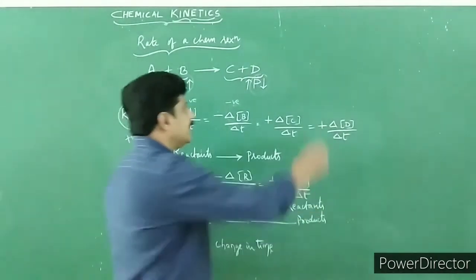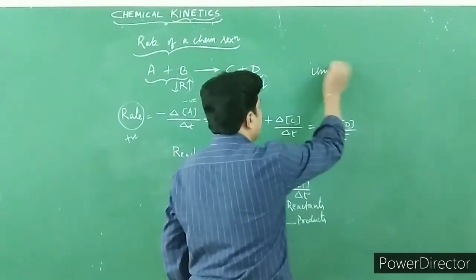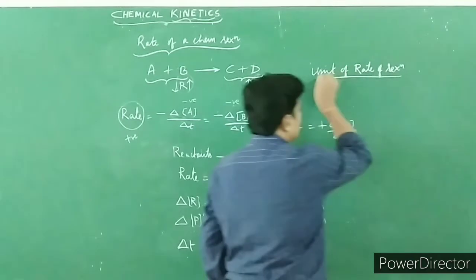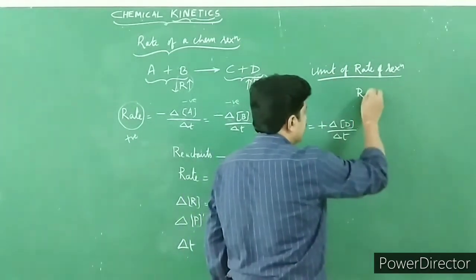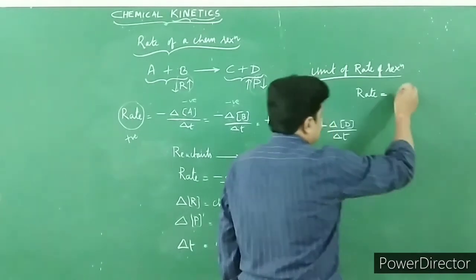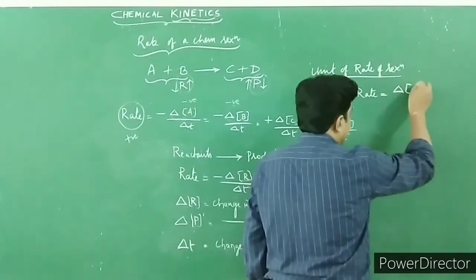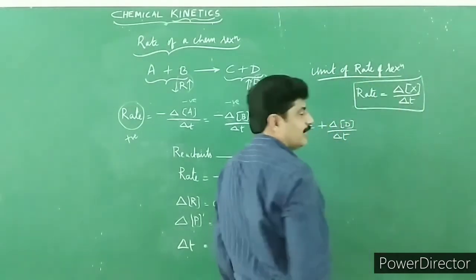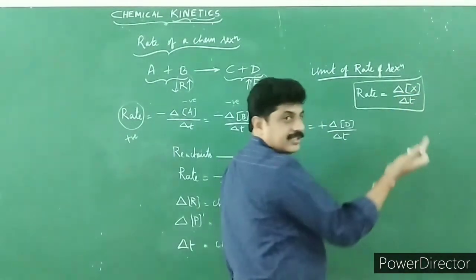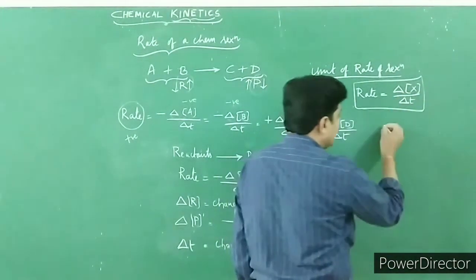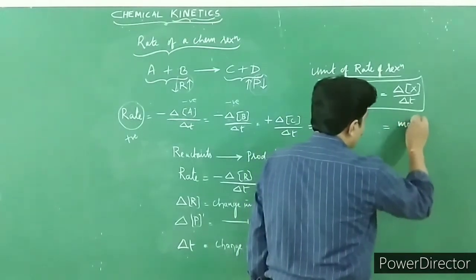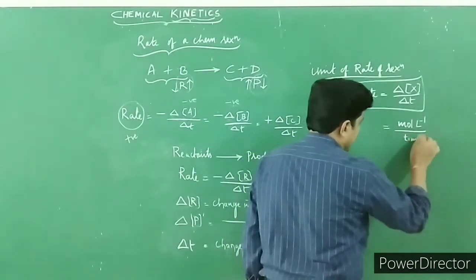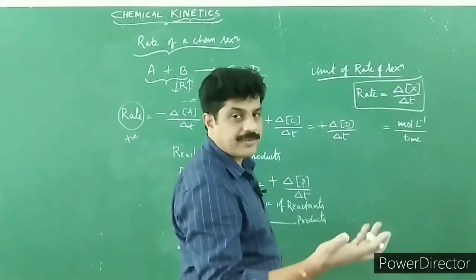Children, let me find out the unit of a rate of a reaction. You know the expression, a rate is equal to delta, I'll put as X, it may be reactant or product, upon delta T, is it not? Now, change in concentration is nothing but moles per liter, that is molarity, whereas time is nothing but, I take its time as time only. It may be minute, it may be seconds, but usually we prefer to go for seconds.